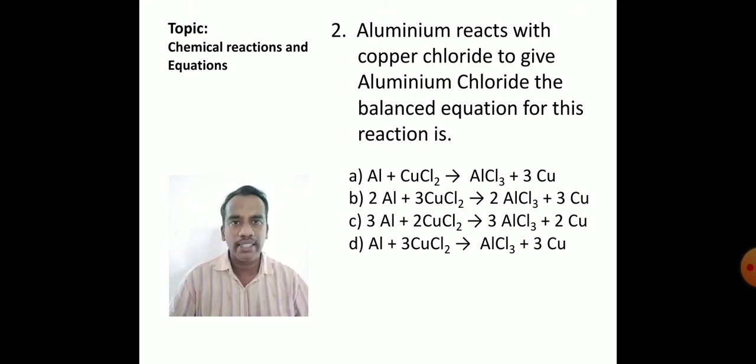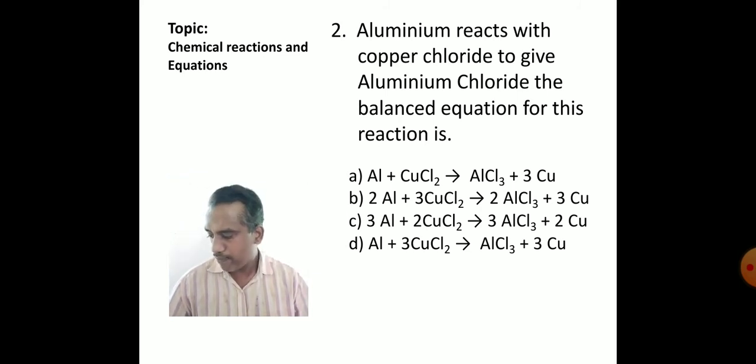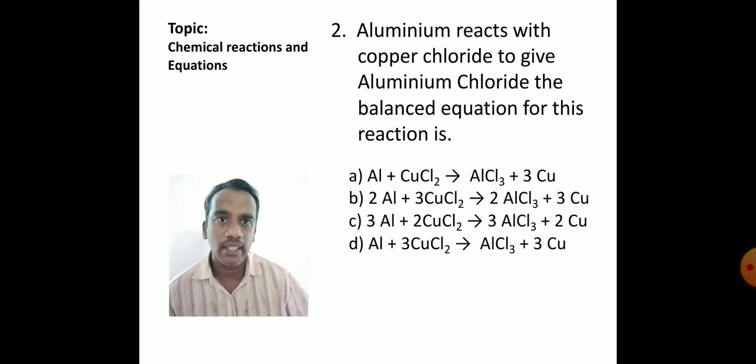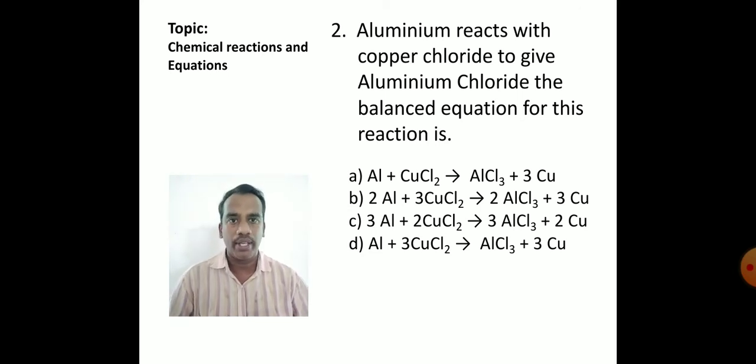Is it a balanced equation? No. Now let us check option B. We had already discussed with the crisscross method, 1 aluminium needs how many chlorines, children? 3 chlorines. And on the reactant side, the copper chloride, the copper will be combining with 2 chlorines. Now you check the second option. How was it given? 2Al plus 3CuCl2.